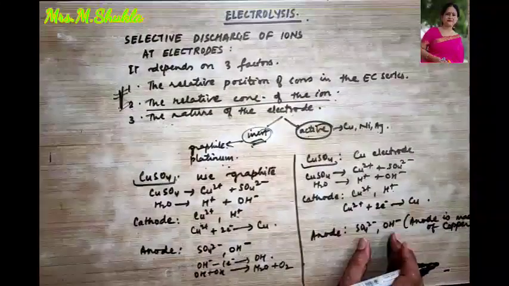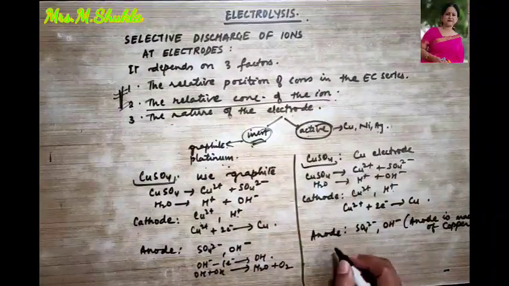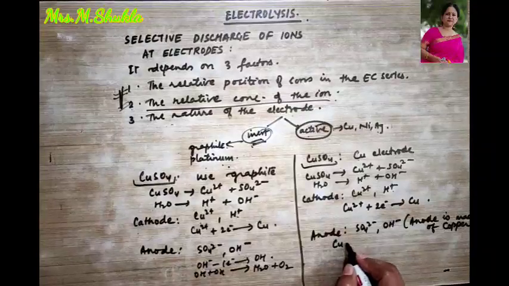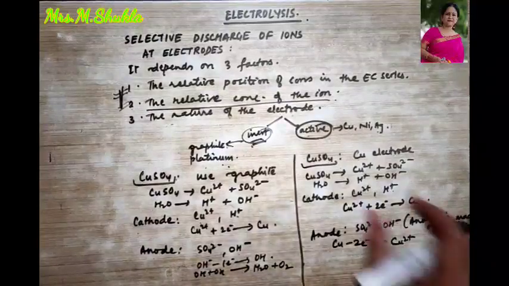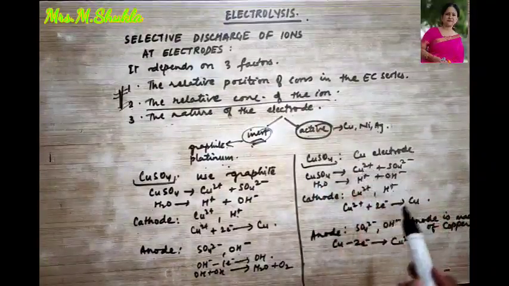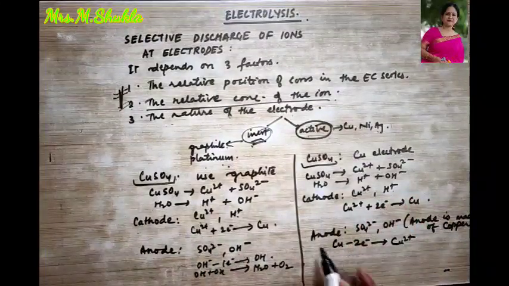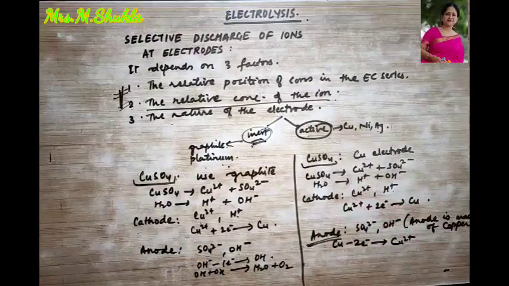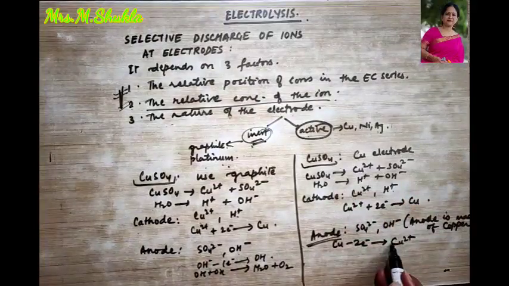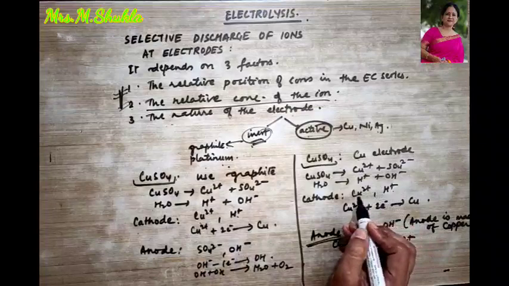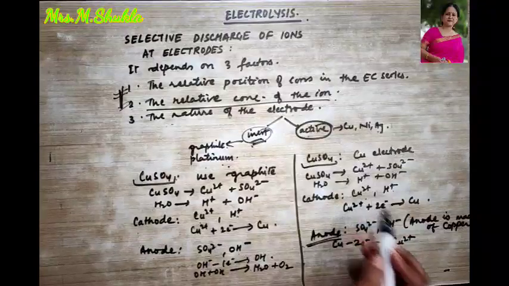So now these two ions are not going to get the preference. The nature of the electrode is going to work over here. Okay, so the copper anode is going to lose two electrons and become copper ions. These copper ions again move into the electrolyte, and from the electrolyte they go to the cathode. So this is what happened. The continuous copper ions from the anode are being released into the electrolyte and they move to the cathode. Then again more of the anode is removing the copper ions, more are getting discharged in the electrolyte, and then they are deposited where? At the cathode.